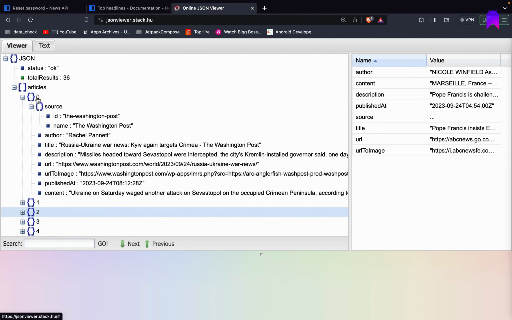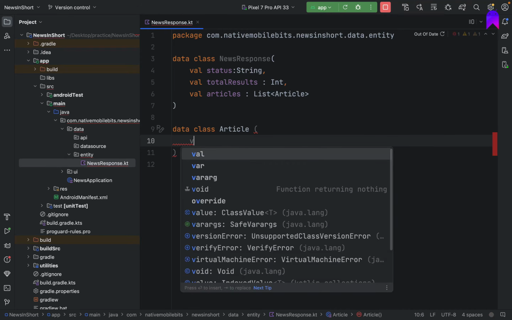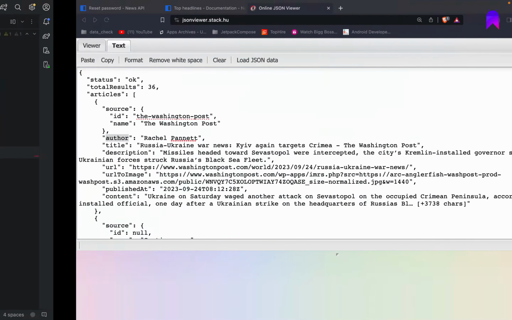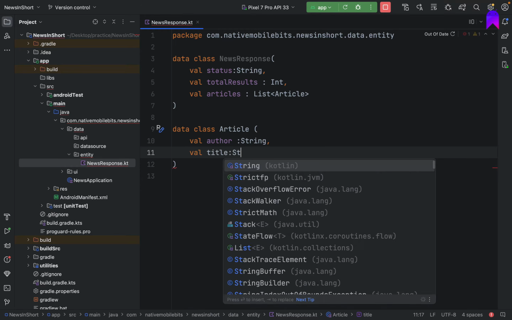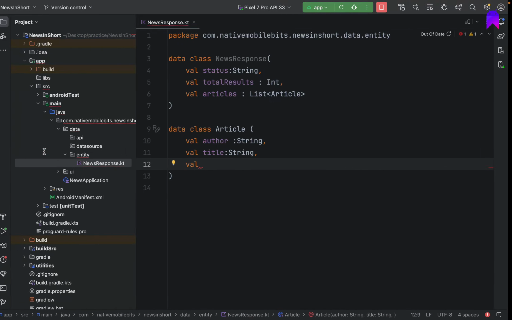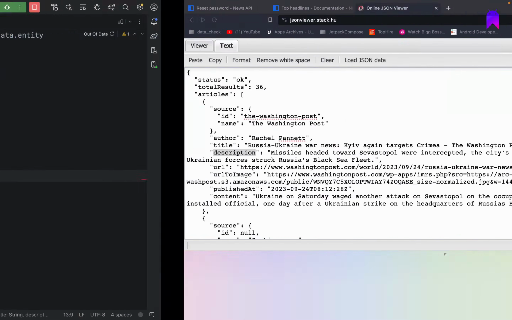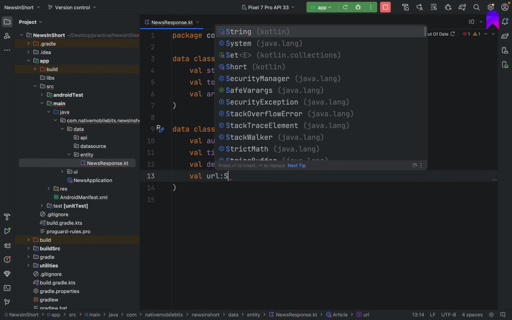So this article object has so many things: author, title, description, URL, etc. So let's take author first. Let's define author of string type. Next we have title of string type and some description of string type again. We also have URL and URL to image of string type,